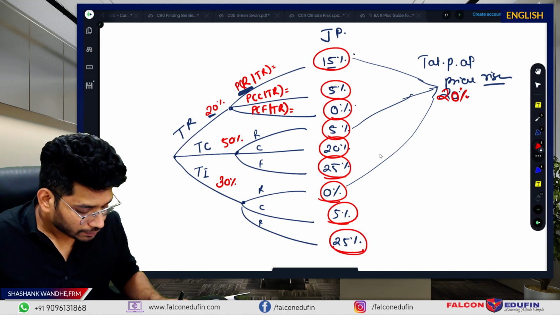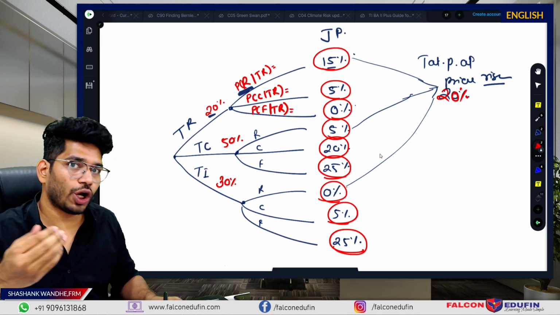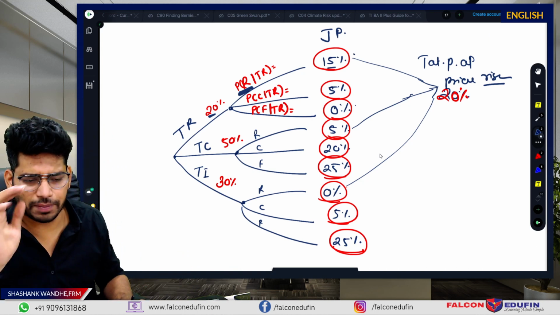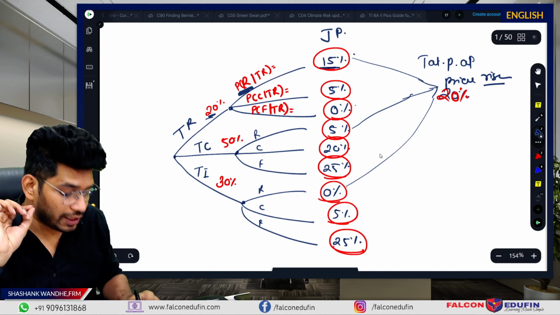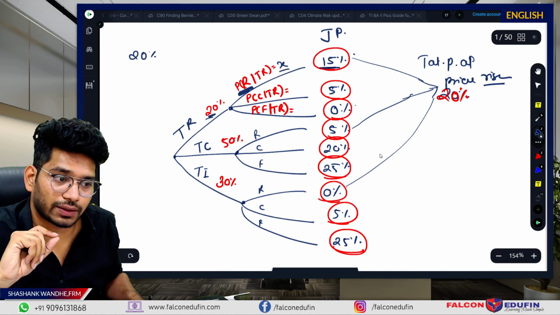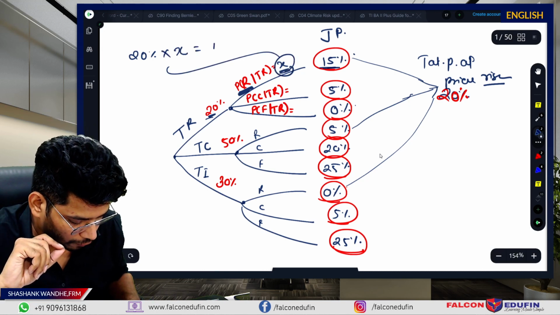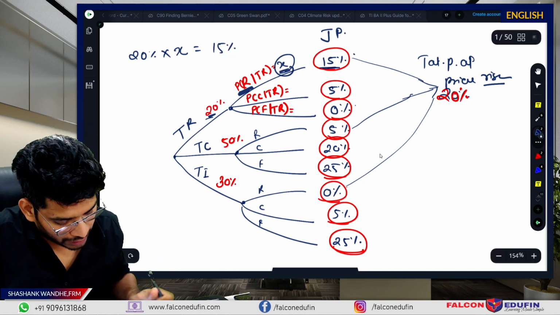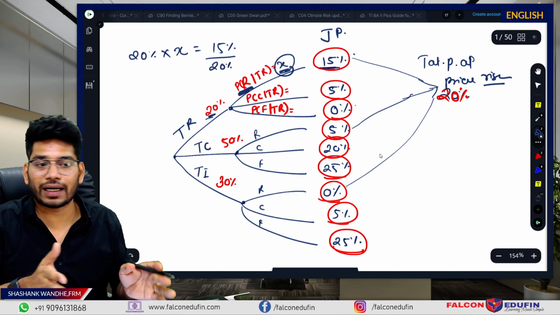Right. Now the thing is, what about the conditional probability? We all know how to calculate the conditional probability. If you are unable to recall for some reason, the answer is very simple. So you got this 15% by what logic? We took 20% multiplied by this x, right? Multiplied by x is equal to 15%. Now you are smart enough, you know how to calculate the x. You simply divide 15% by 20%, and you will get the result.